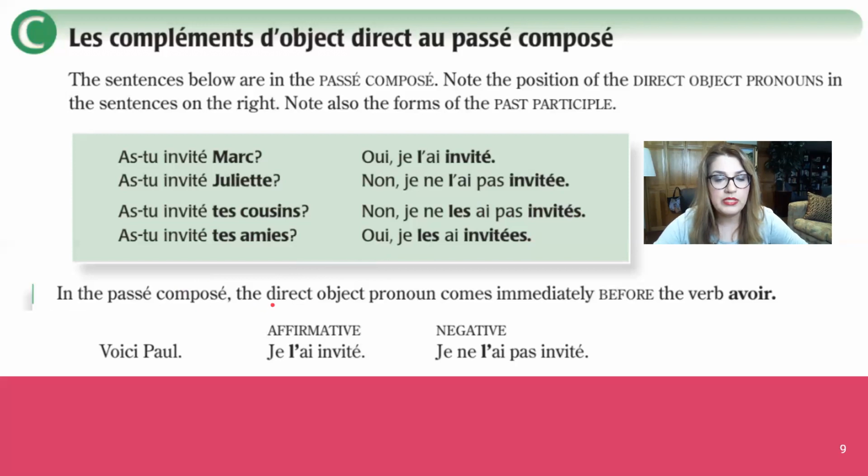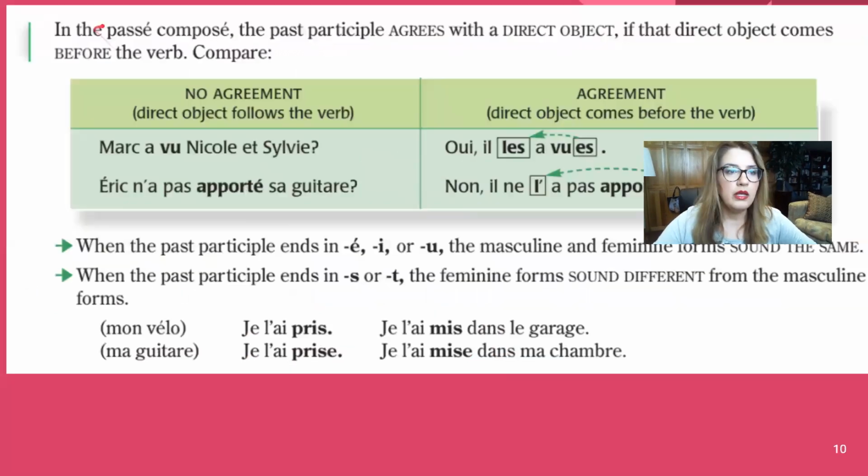In the passé composé, the direct object pronoun comes immediately before the verb avoir. Voici Paul, here's Paul. Je l'ai invité. I invited him. In the negative form, it's still immediately before the helper verb or avoir, and it's surrounded by ne pas. In the passé composé, the past participle agrees with the direct object. If that direct object comes before the verb,